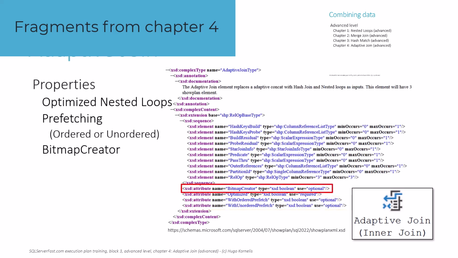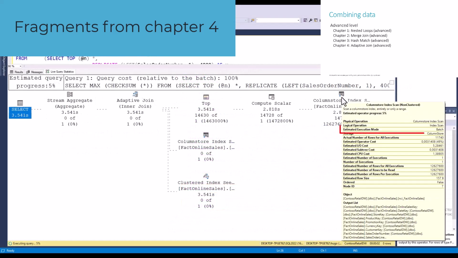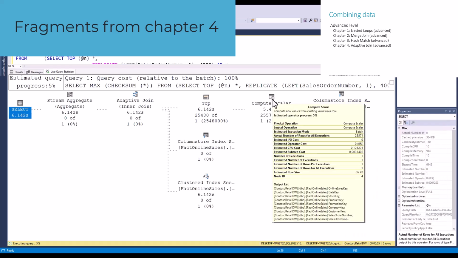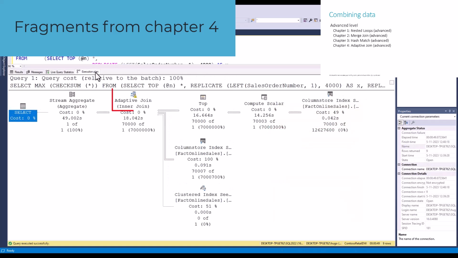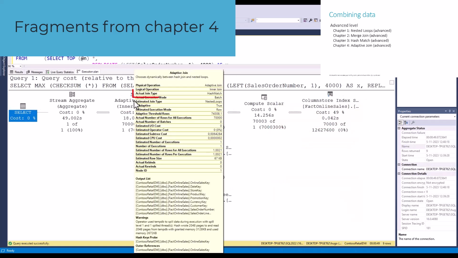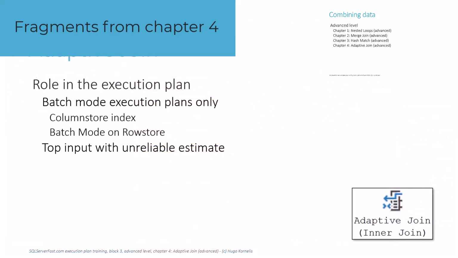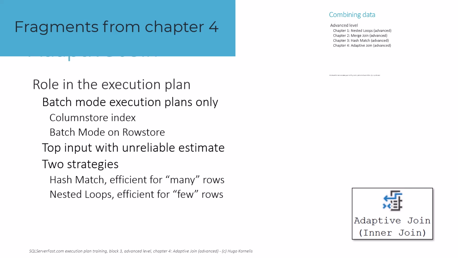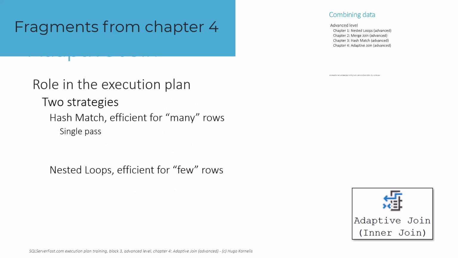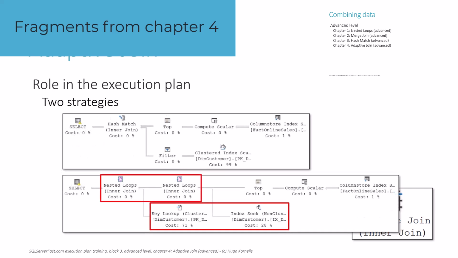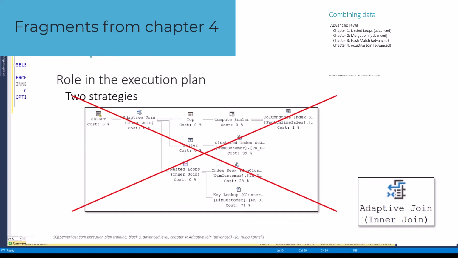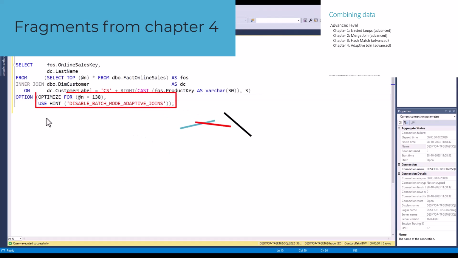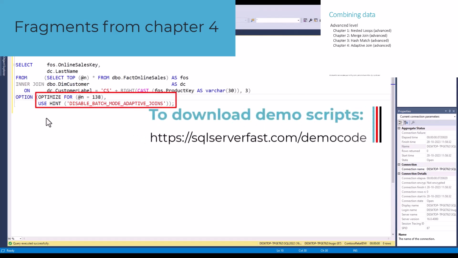Just as a hash match, an adaptive join may run out of memory, in which case it has to spill. When this happens, the operator never chooses the nested loops algorithm, even when the number of rows indicates it should. The last part of this chapter is devoted to a discussion on the types of execution plans that would benefit from an adaptive join. Sadly, the optimizer currently is rather limited. It only actually chooses the adaptive join in the most basic cases and not in more complex situations that would also benefit from this operator.